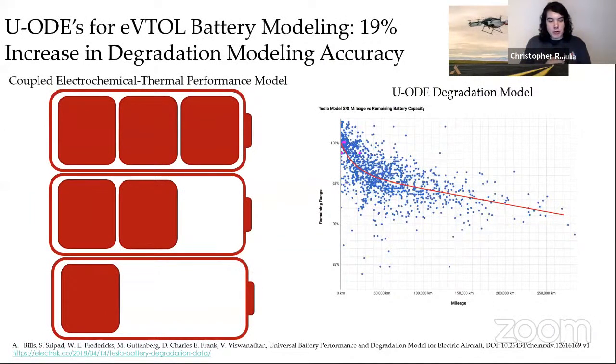So one of our collaborators at CMU showed that if you use a universal ODE model on a battery, right? So you start from the state-of-the-art model for